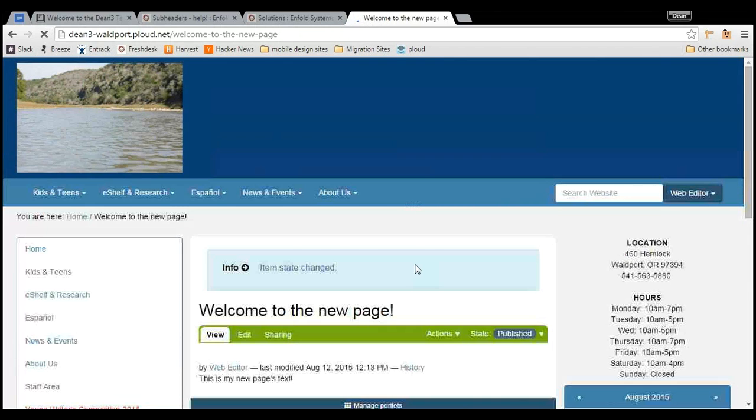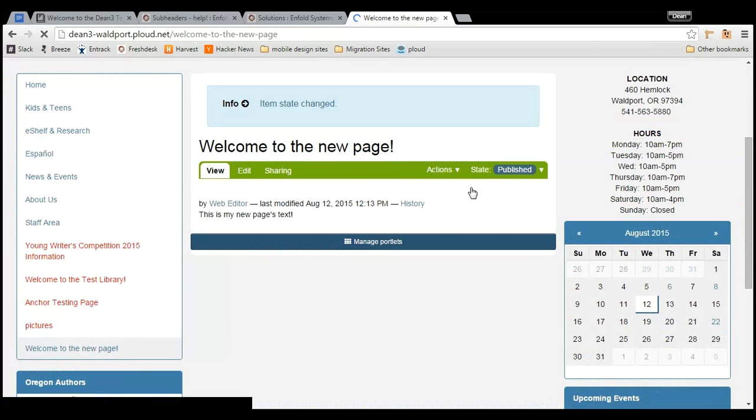And when I do that, it'll turn blue, it'll say publish, and you can see that it's blue in this navigation menu here, and anyone who comes to the site will be able to see that. So